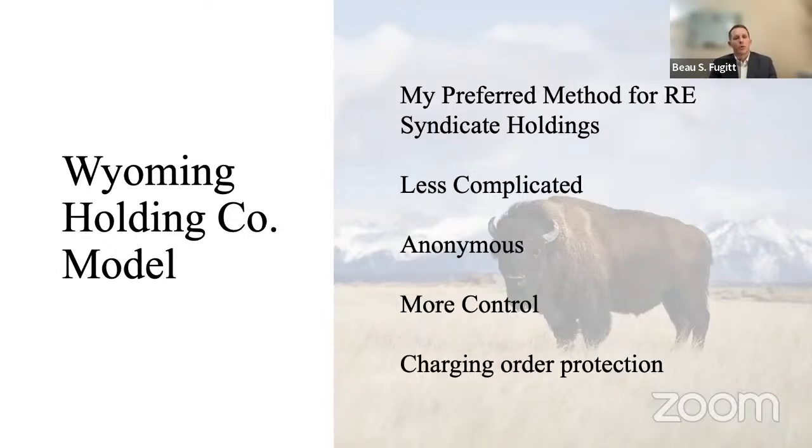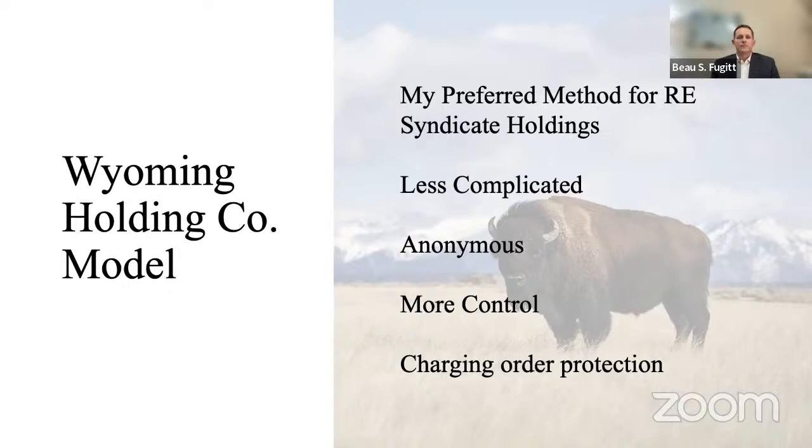as well as multi-member LLCs. So kind of in sum, the reason that I like Wyoming LLCs for the holding companies is that no one's going to know you own it, right? Unless somebody discloses it somehow or another. If I tell somebody, or whatever the case is, you have the anonymity. And then number two, you have the charging order protection, which again means number one, if I do get sued, they're not going to get any money. But number two, I know that litigator's going to see that, and they're going to say, oh, it's not even worth going after this entity because it's going to be a lot of work for nothing.